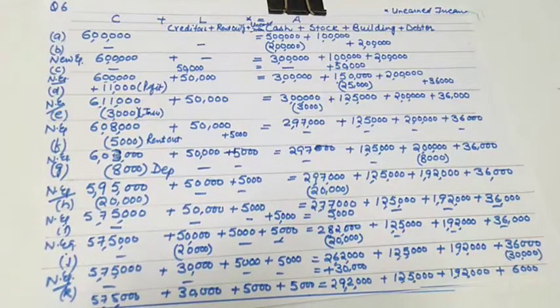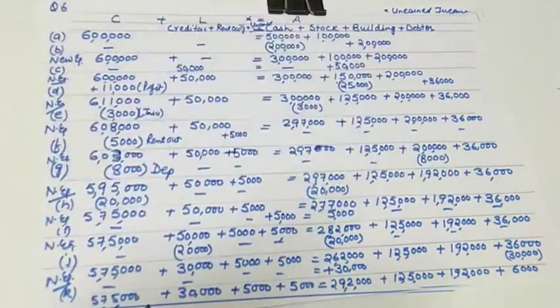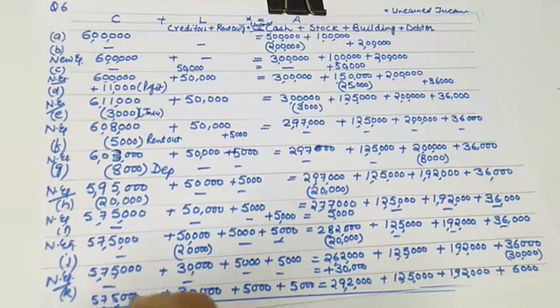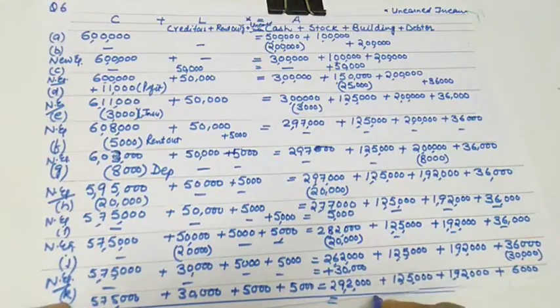let us see the total of both the sides. If you add up these two totals, 575 plus 5,000 plus 5,000 and 30,000. So this will be 40. 575 plus 45. This will be 6 lakh 15,000 on this side. And here also you will be getting 6 lakh 15,000. So the left hand side is equal to the right hand side.